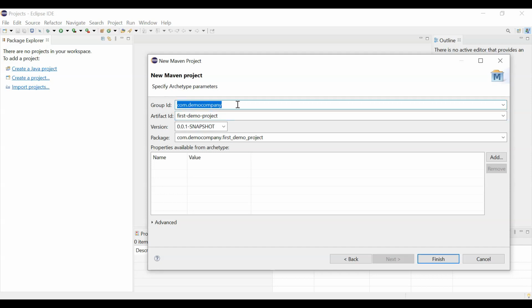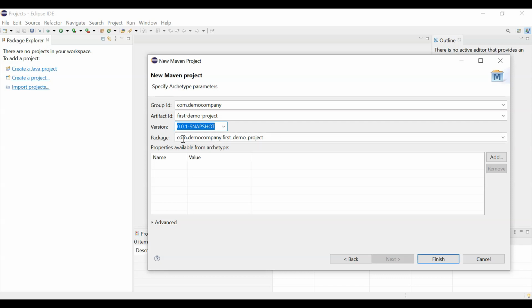In case somebody has already used democompany and is using this name, I cannot create it. So it should be unique. That's the reason I'm using first demo project. Next thing is version. Usually you can see the version with snapshot. If we are using snapshot, it means it is not tested completely or it is not a production-ready application. So that is the indication it gives if we add the snapshot. If you don't need it, you can delete it. You can use it without snapshot, which means it is production ready. But in our case, I am not deleting it, let it be the snapshot version.